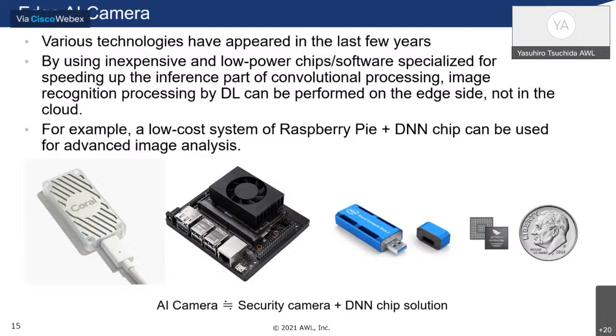Not just inference speed, the chips also have very low power consumption and low price. So we can integrate an edge AI camera device, which consists of, for example, a Raspberry Pi, a deep neural compute chip, and a web camera. We can realize an edge AI camera easily at very low cost.